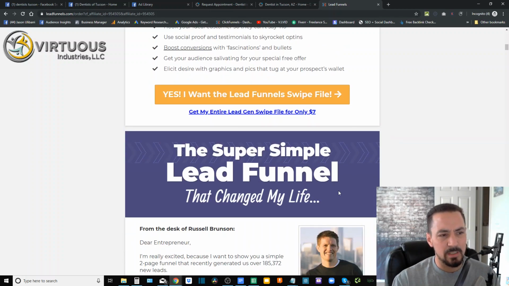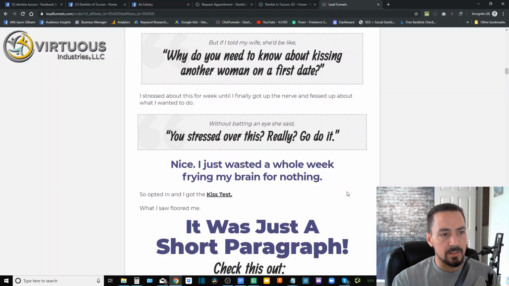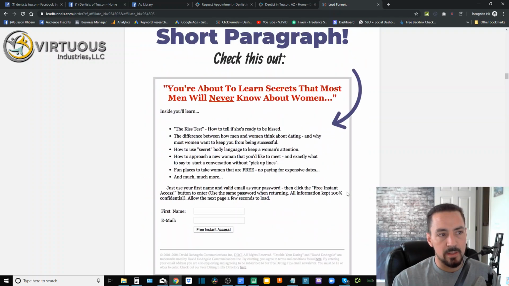I think the actual lead funnel itself is more expensive, right? But I mean, this shows you. They show you exactly all the ways that you can capture those leads. How you build that page. You see how they're doing the form here. How they have this information. They know because they've tested it, so they know the stuff that works.